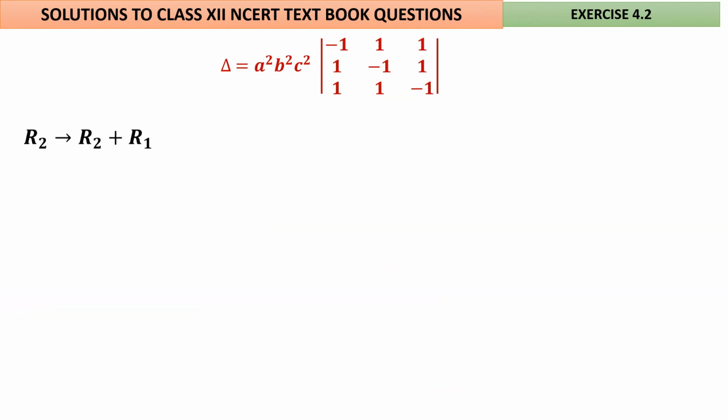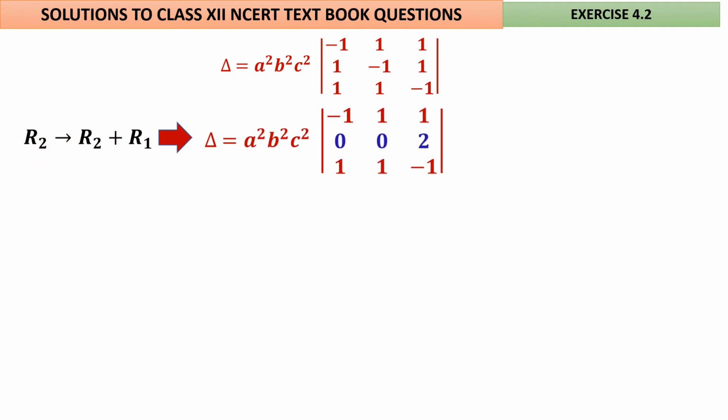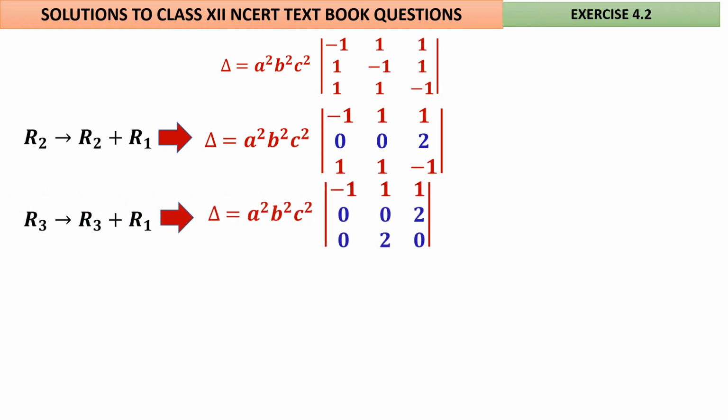I am writing R2 as R2 plus R1. For I am getting 2 zeros there. Very good. Therefore, already we have seen in expansion of determinants, we will try to expand the determinant which contains more number of zeros. Or we will expand now. One more we will do. Again we are making so many zeros. R3 as R3 plus R1 and again we get so many zeros in the R2, R3 also.